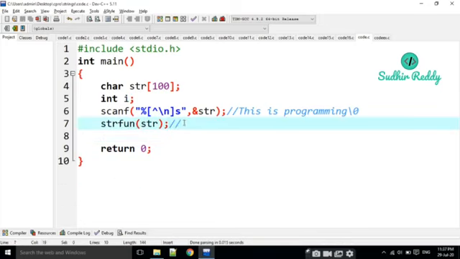Look at what I am passing here. I am passing one string. What is str? Str is an address. Str is the address of the first character, right? And the function name is strfun. There is no return type here.